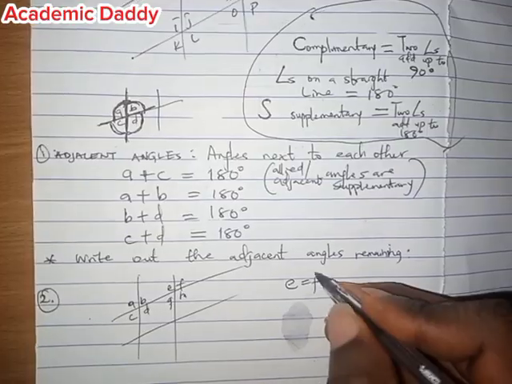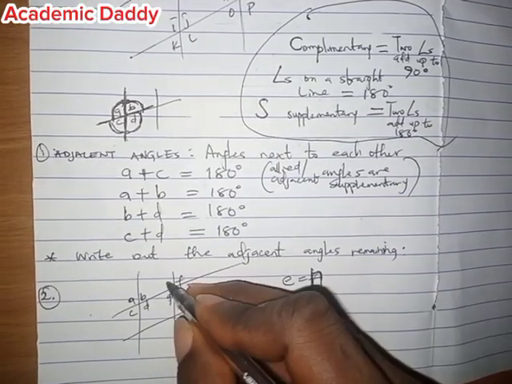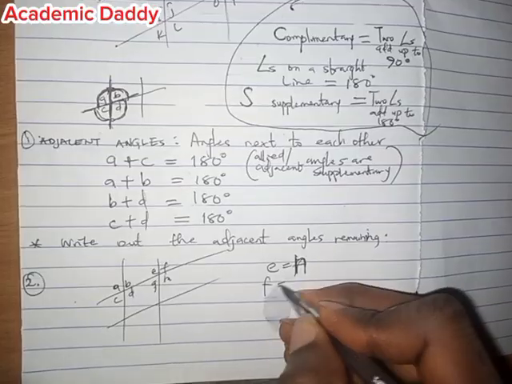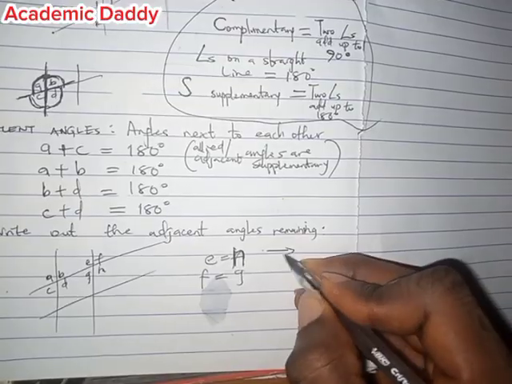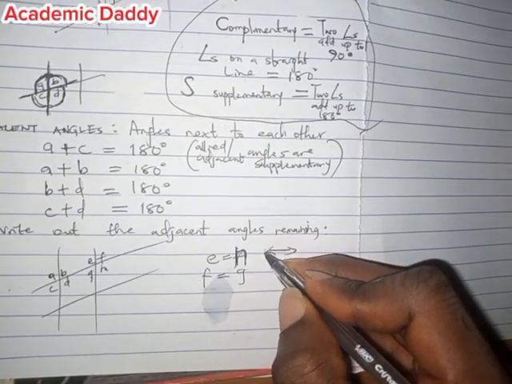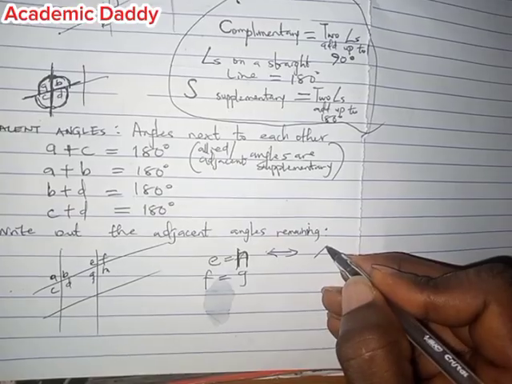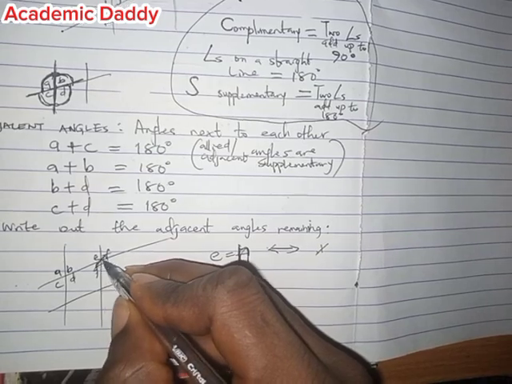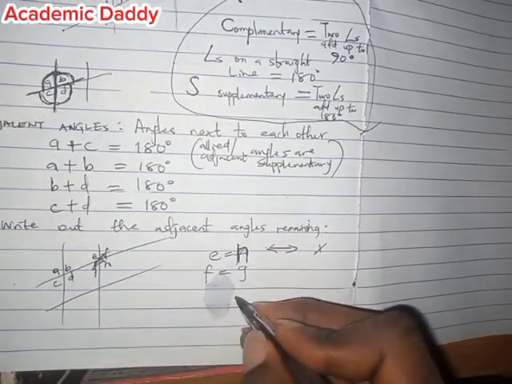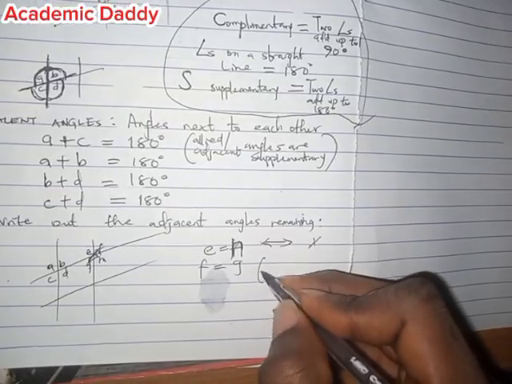So E is equal to H, and F is equal to G. The reason is that whenever something is facing the other one like this, it is directly facing. So whenever something is facing something directly, we say that they are vertically,